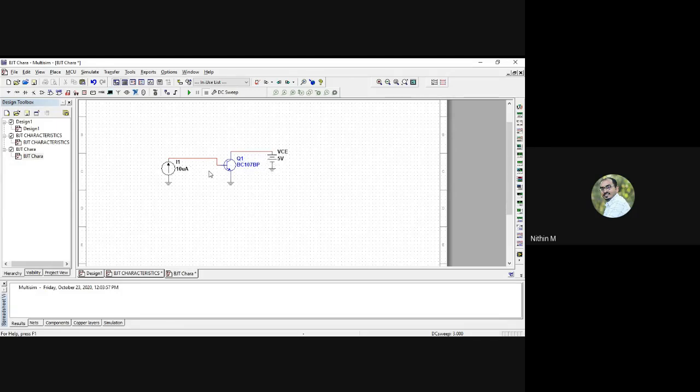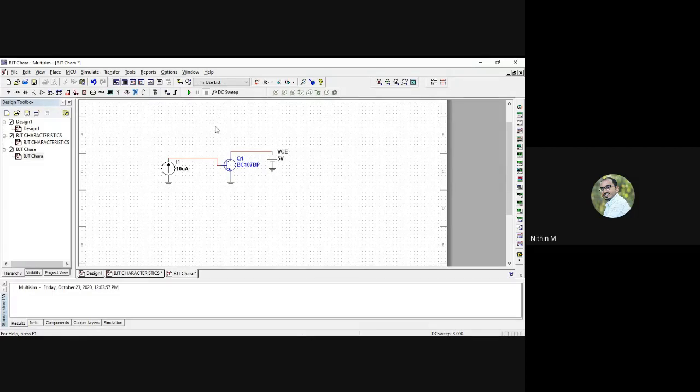The other way is to connect a source here, put in a resistance, and then varying it will give you some current. This is for simulation purposes. I have connected a current here, and VC is connected on the other side. Now, what is my intention? My intention is to plot IC, the current here, versus VC, and see whether the current is constant, or whether your output resistance is infinity or a finite value.